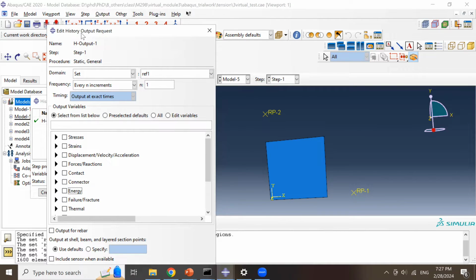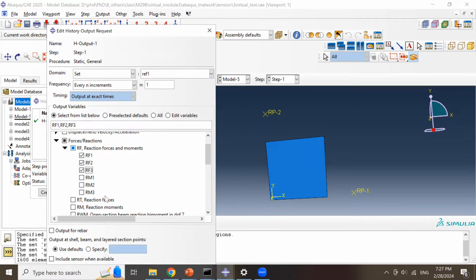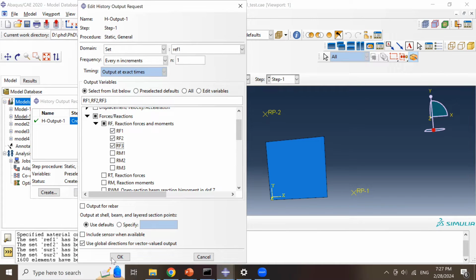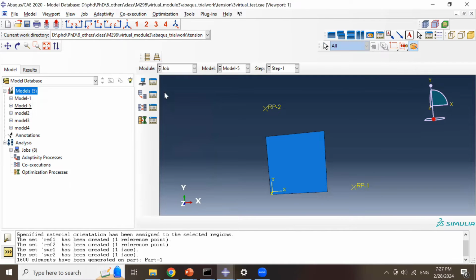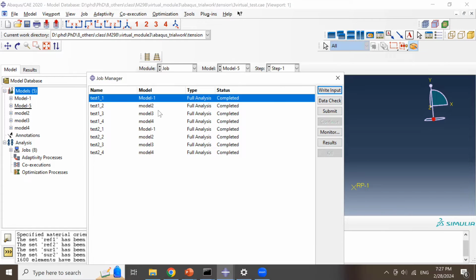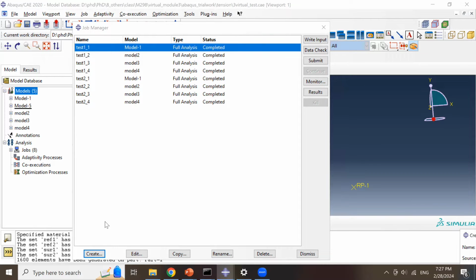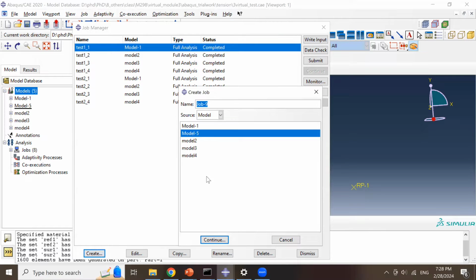So you click the history output request, and then go to the force reaction, expand it. You can choose all of them, but actually we just need the reaction force in one direction. Then click OK. And that's done. Now we can create a job. Then we can call it